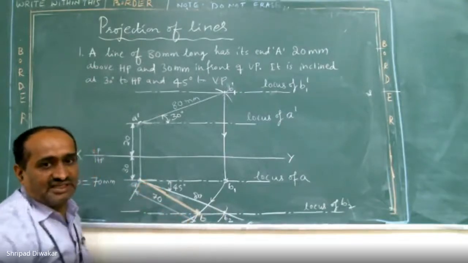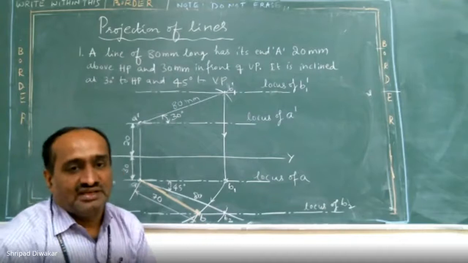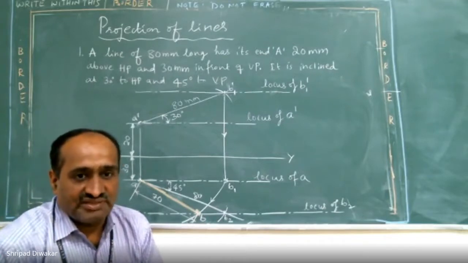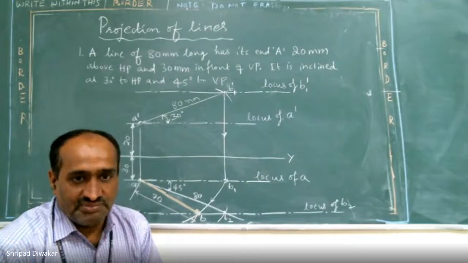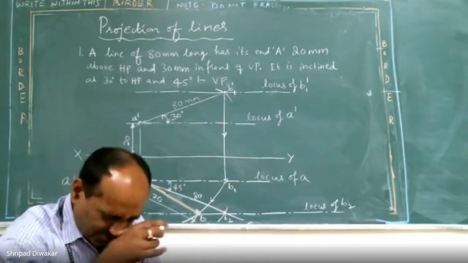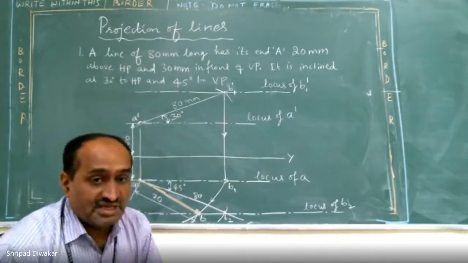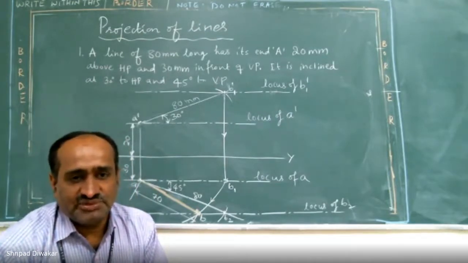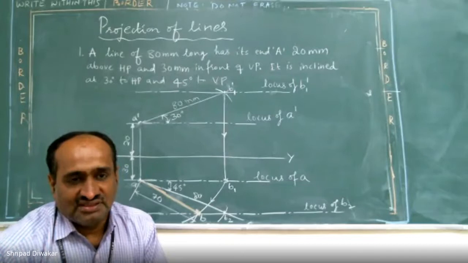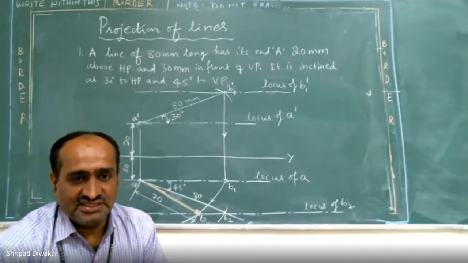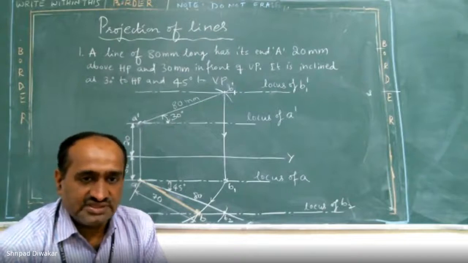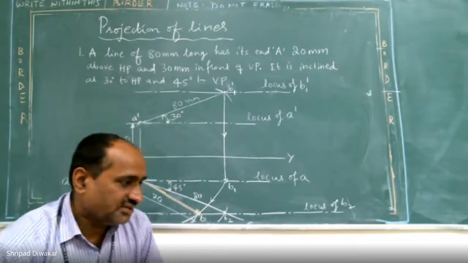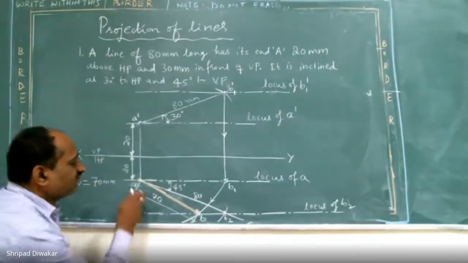By measuring, you'll get around 69.5, 70 or 69, whatever it is, plus or minus 1 mm. Should not be beyond that one. Because we cannot put 69.2, 69.3 like that. Better you put 69.5 or 70, 69 like that. If it is nearer to 70, you write 70, or if it is nearer to 69, you put it as 69. So this is the apparent length.